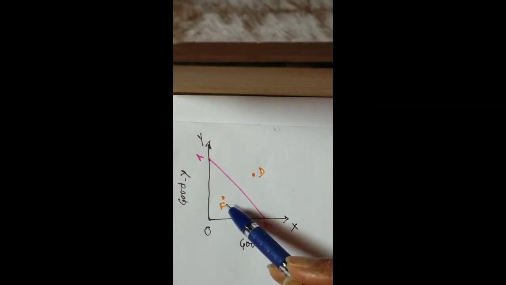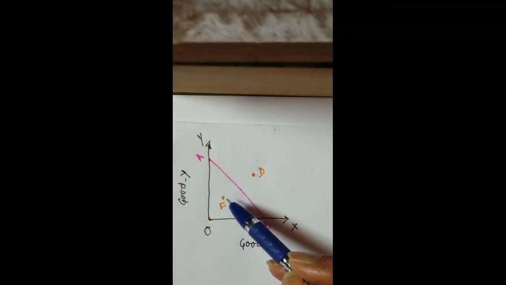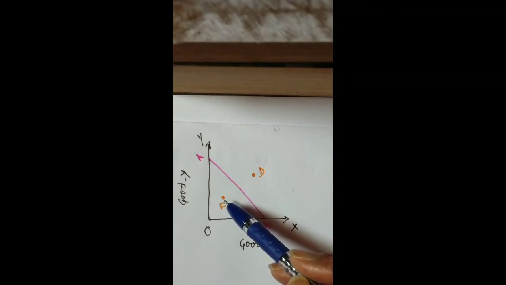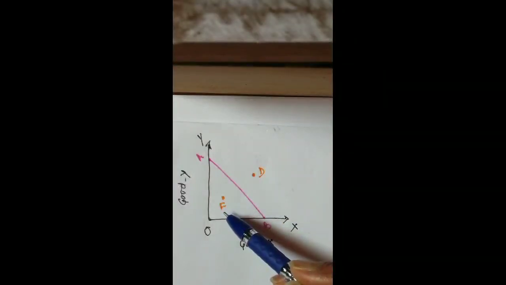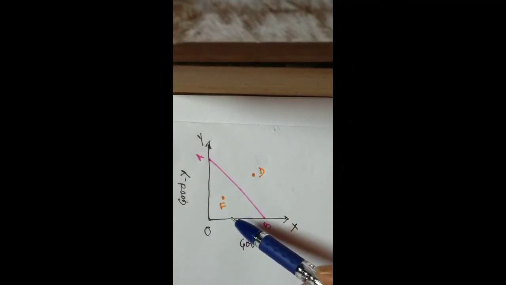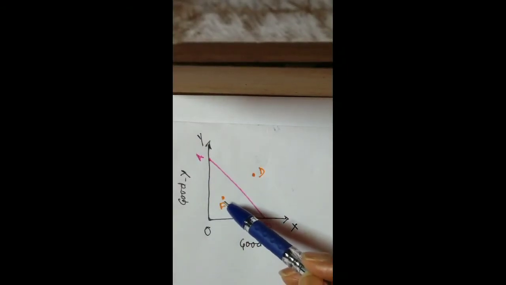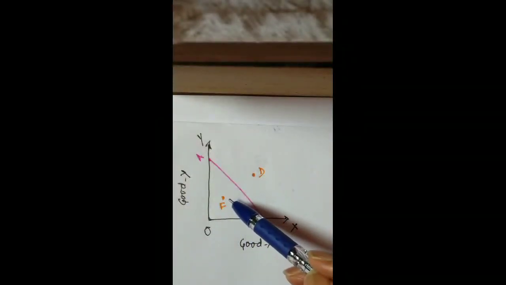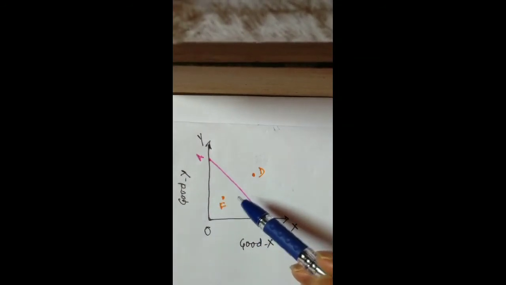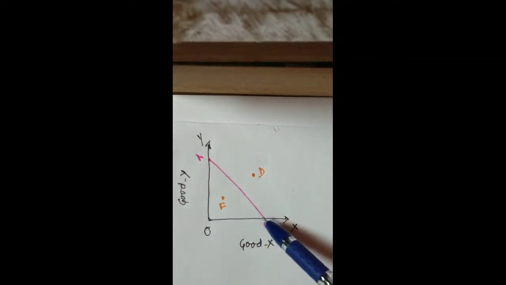On the other hand, any combination which is inside the budget line AB, such as combination F, is within the reach of the consumer, but any such combination will give him less utility than any combination on the budget line, because here the consumer will not be able to spend his total income. Thus, the combination of good X and good Y with the highest utility must be on the budget line.